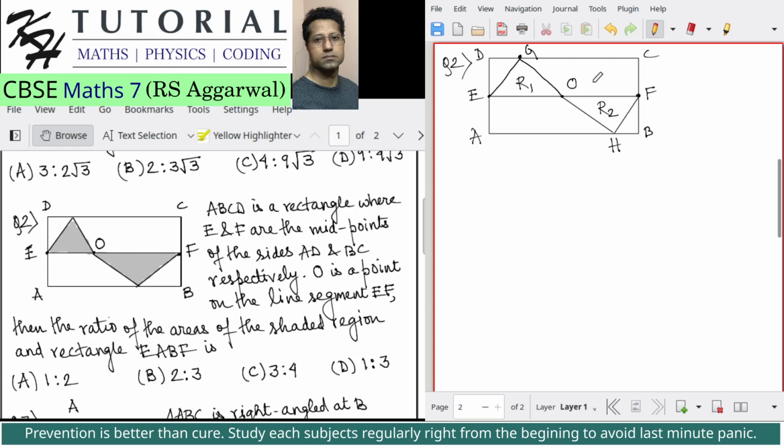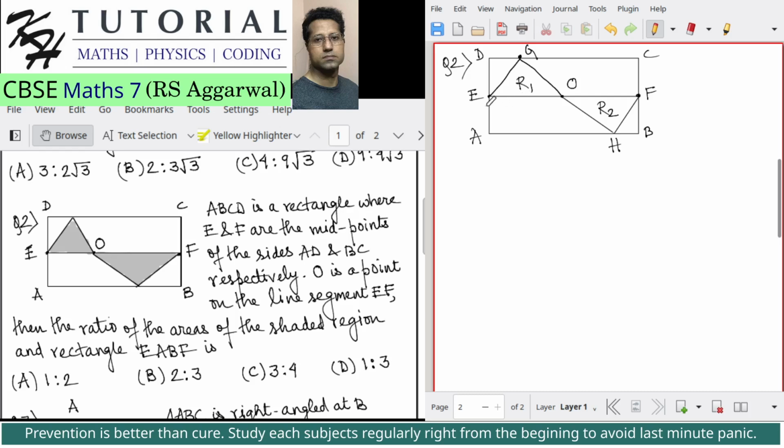The interesting thing is that the point O is anywhere on the line segment EF, and also for the triangle EGO, the point G can be anywhere on the side DC, but it will not coincide with D and C. So we are asked to find the ratio of the area of the shaded region and the area of the rectangle